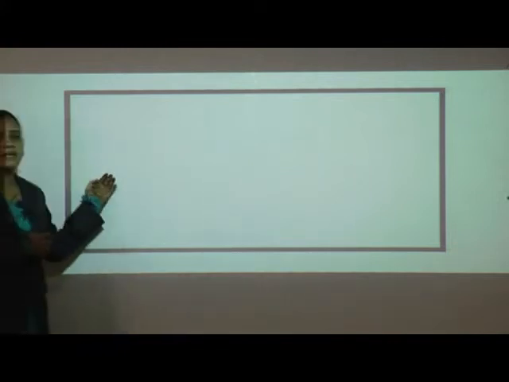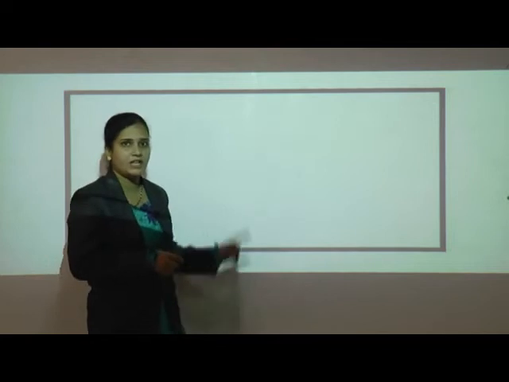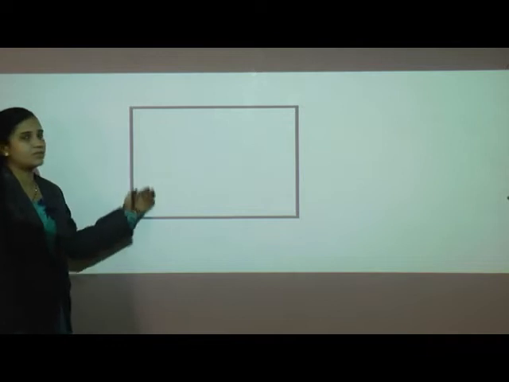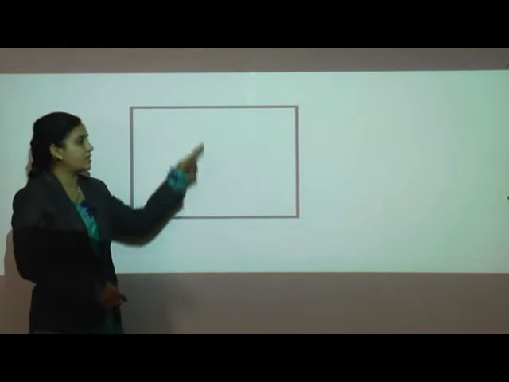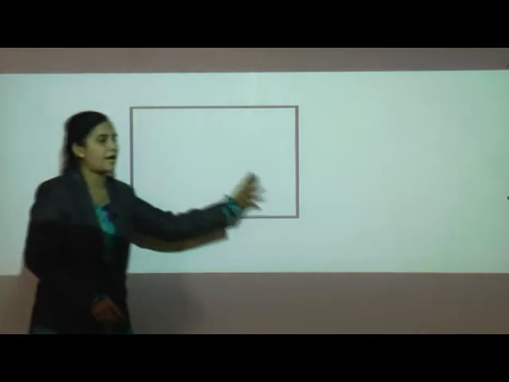Now here is a rectangle. Just now I have shown you how to fold the rectangle, and how many axes of symmetry does the rectangle have? Yes students, two. Very good. That means one is vertical and another one is horizontal. Okay, here this one is a square, and how many axes of symmetry does it have? 4. Which ones? One is vertical, another one is horizontal, and the remaining two are diagonal.